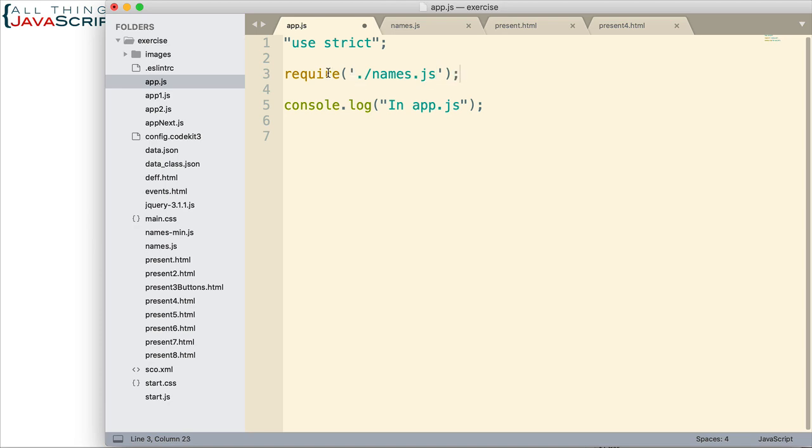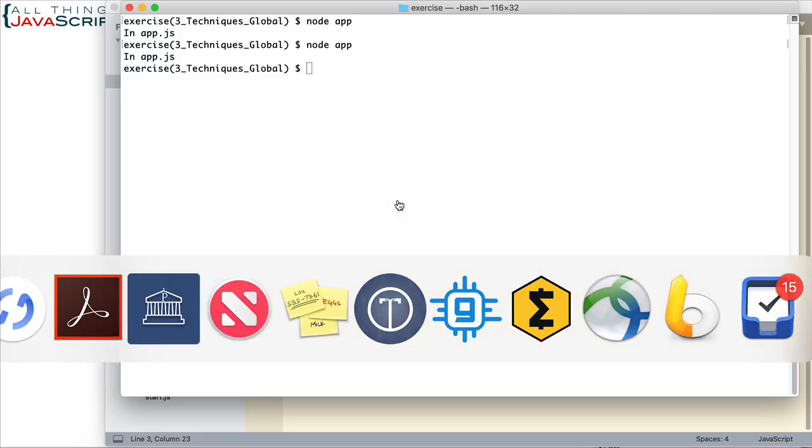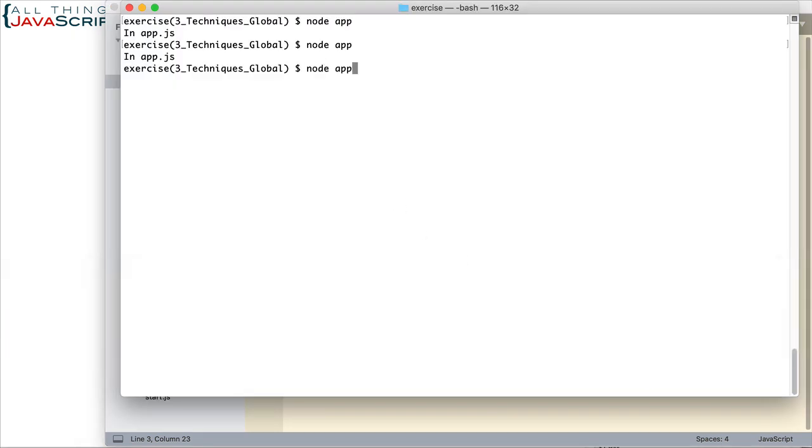Now that makes that file available inside of app.js. Now let's see what happens. Let's see if it loads it and invokes it, causes this code to execute. All right, so node app again. And yes, we can see that Stephen Hancock is displayed, first name, last name, and then the console log statement